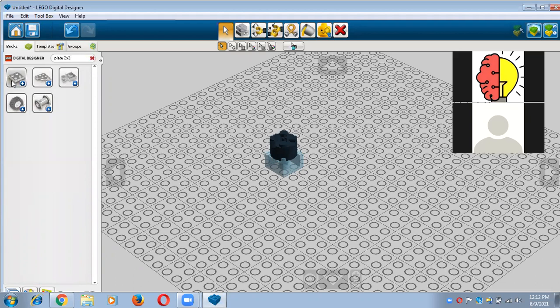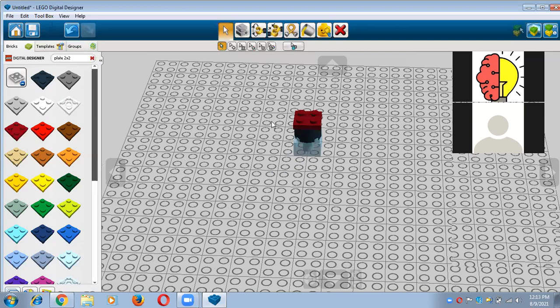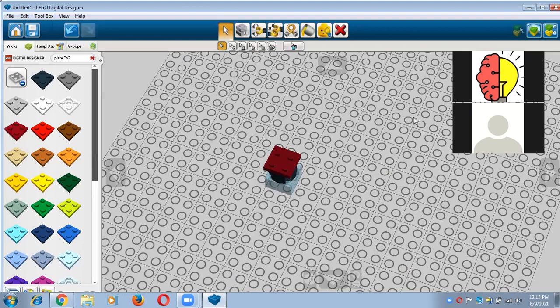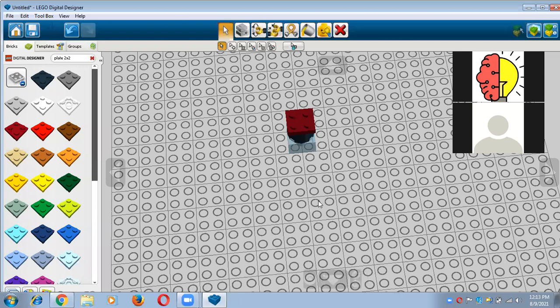This is the plate folder, and here lots of results are available. You can see here 2 by 2 plates are available. So you can take any one, any color plate. So which one do I want to take? I want to take a red maroon color. So I can take this one and just put it here like this. You have to place it equally, you have to take a lot of care about this, right? Yes, that is fine. And now move on to the next step.